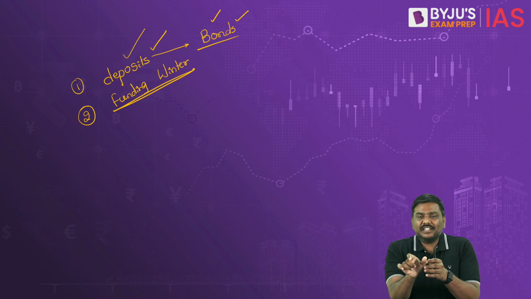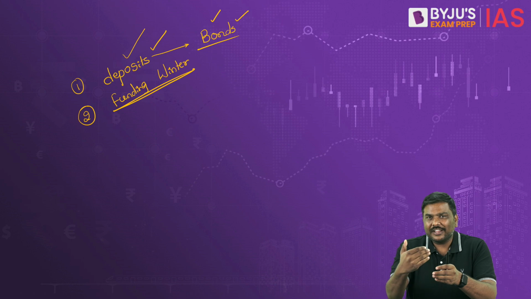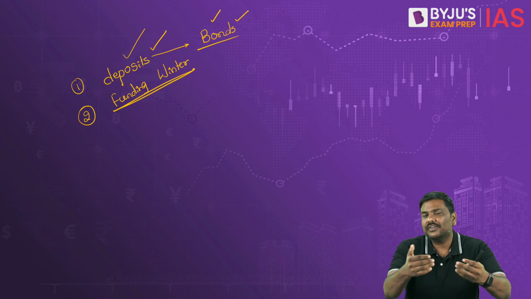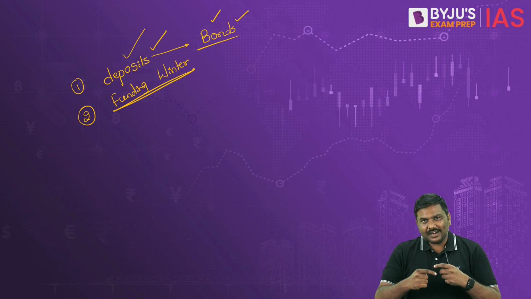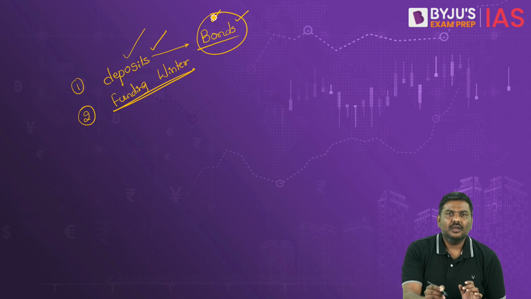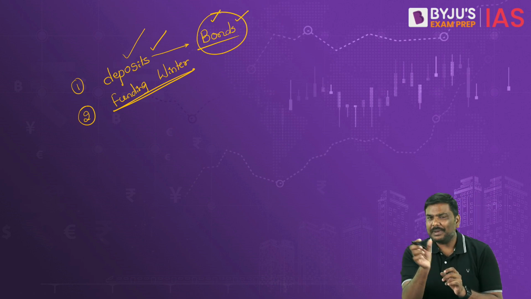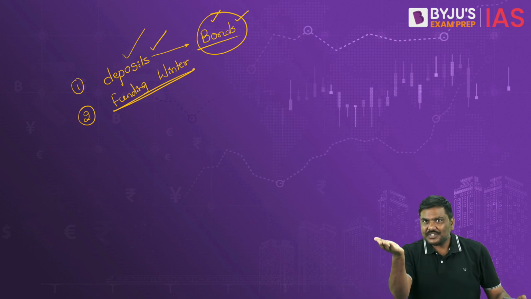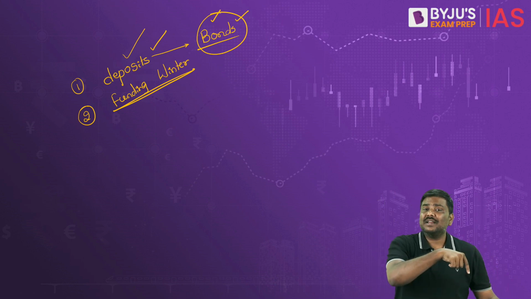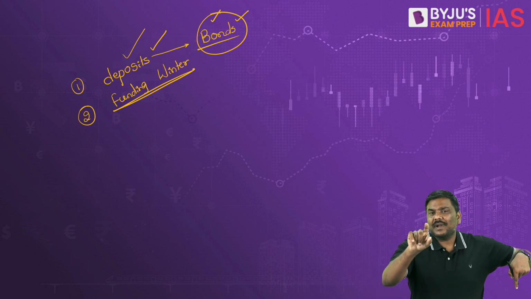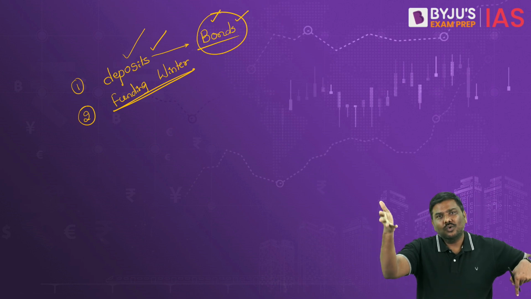Now when the depositors go to the bank and start withdrawing the money, can the bank sit quietly? Of course not. It will start running out of cash. And when it starts running out of cash, they have taken these bonds, which were to the tune of around $21 billion, and sold them in the market. Now when interest rates are high, and you purchased the bonds when interest rates were low, the market price at which you will sell the bonds would be lower.